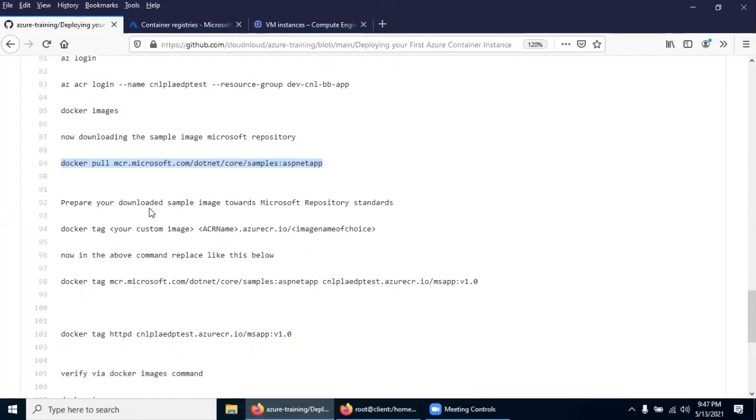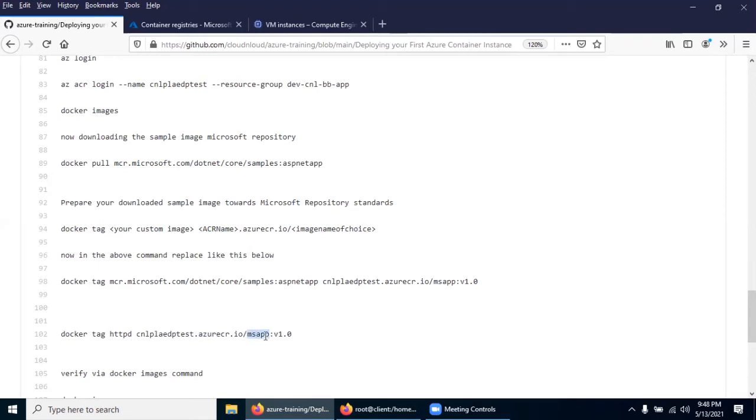So now prepare your downloaded sample image for your Azure Container Registry. Okay, so what is the command? Docker tag, your image, meaning your created image, then your Azure Container Registry, azurecr.io, and I'm going to put the name as msapp.